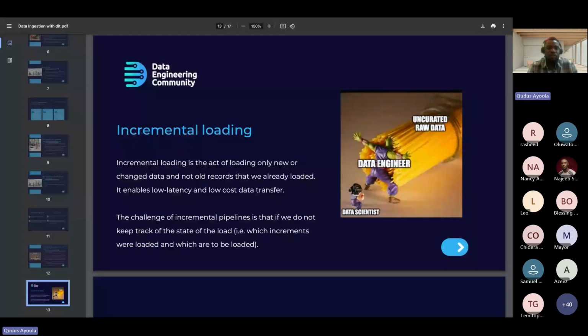The only challenge of incremental loading is if you can't keep track of the state of your data, or you don't have a column that you can use to load incrementally, such as a column like date updated, or a column that has a numeric ID that increases for each row. If you don't have such columns that keep track of the different states of data, it might be hard to bring in data incrementally.